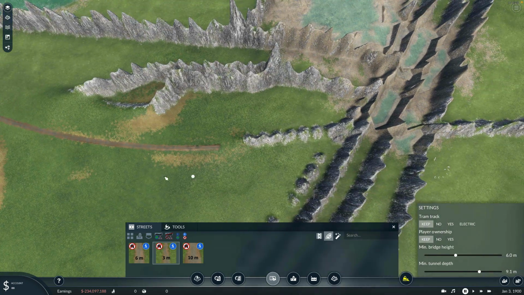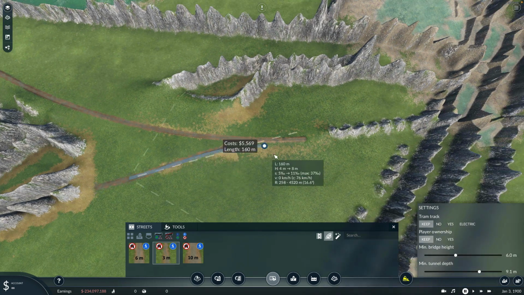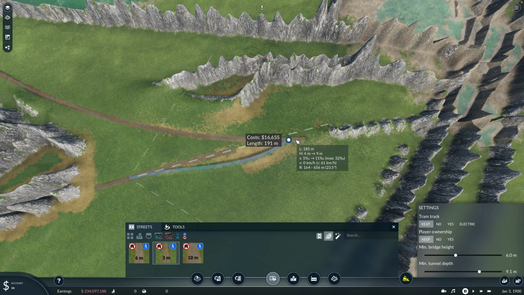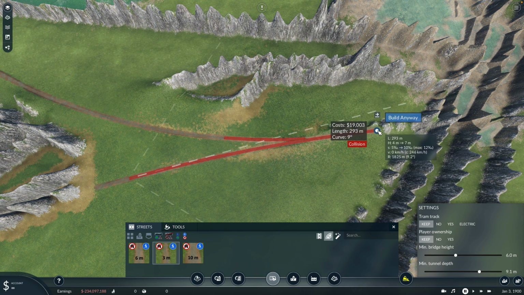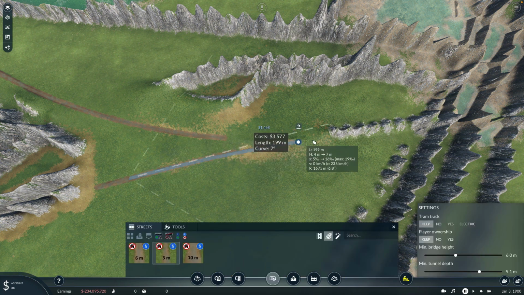And we're going to have a little bit of straight track just so I can draw from it. And then I'm going to come around and... No, I'm not. Okay, I'm actually going to chop that bit off and come up like